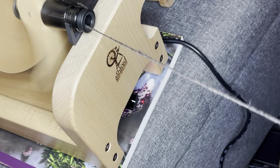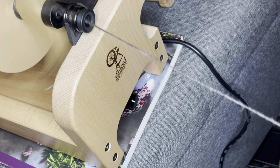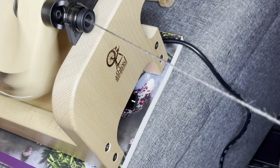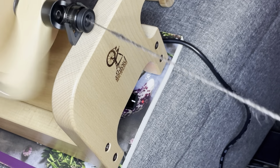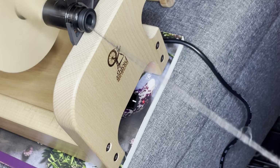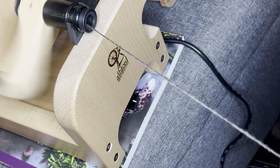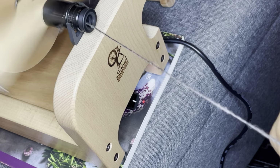Remember to do your short bursts of drafting. It helps you to control things better than long draw. Always remember that. And then just lean forward and let the bobbin and the flyer take it. Now I will say this, check out your bobbin and don't forget it, because,